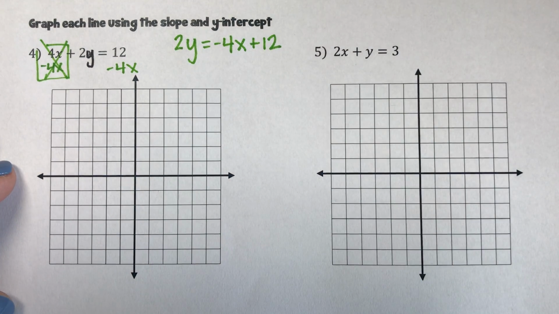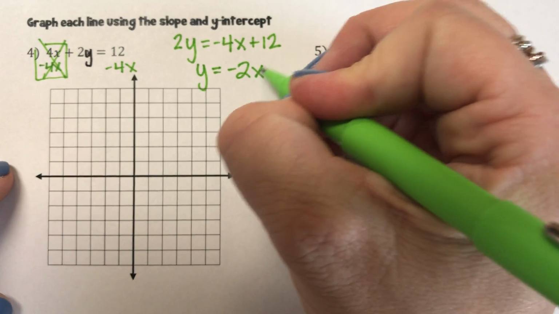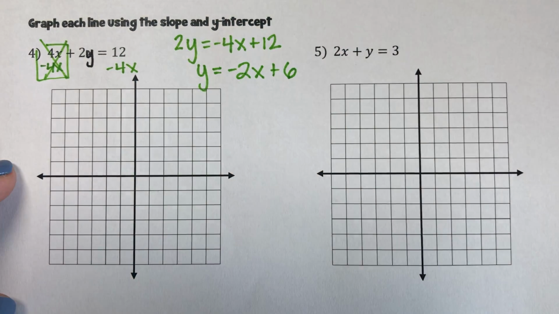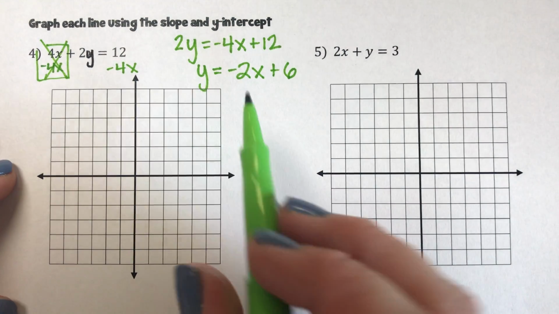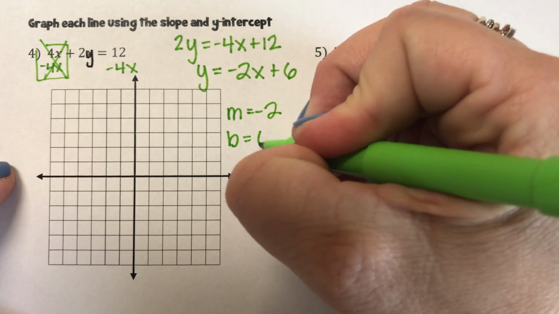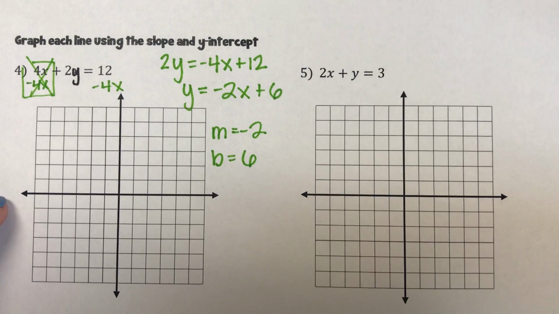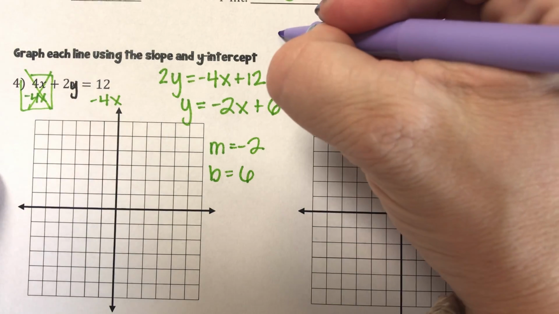So what am I going to do to both sides? I'm going to divide everything by 2. So y equals -2x plus 6. So I have my slope, I have my y-intercept. Okay, so the two steps for graphing it, if you're given the slope and the y-intercept,